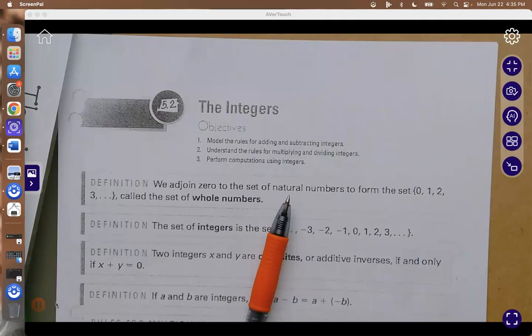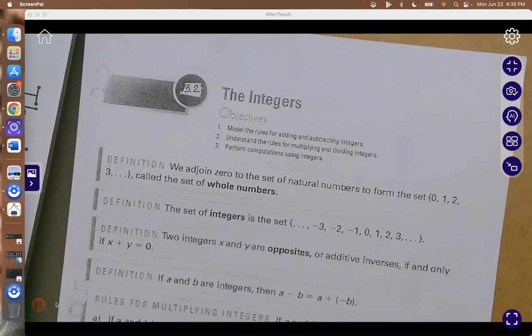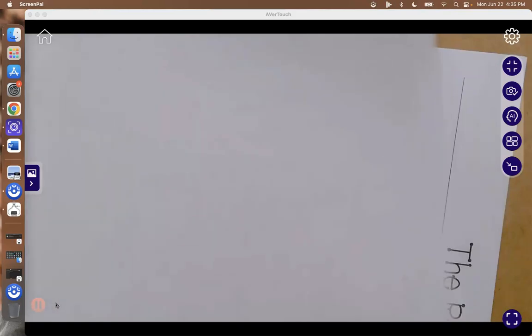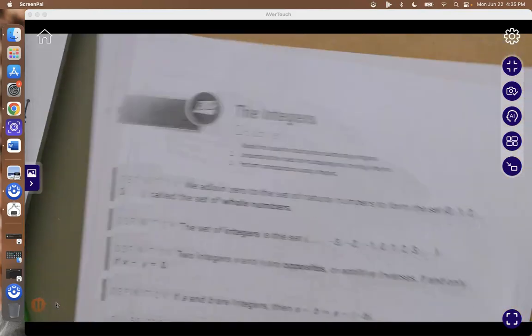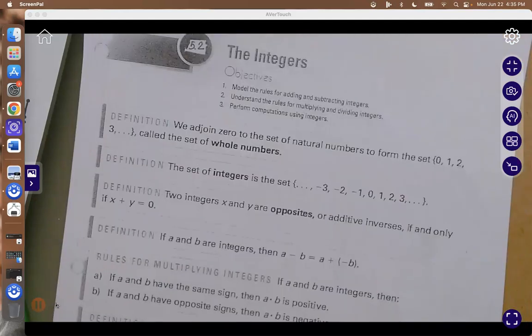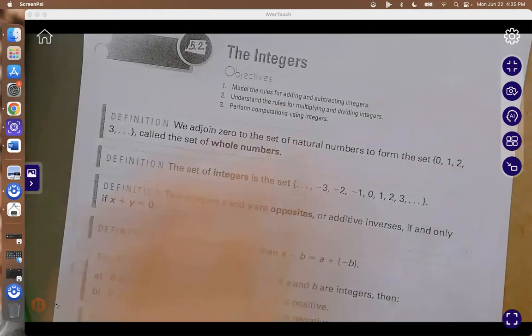Alright guys, today we're going to be looking at section 5.2, the integers, and this is a very short section of notes. So we have this sheet that we're going to look at, and we're going to write a few things on the back, and then we're going to do a little interactive activity with the other things that I sent you. And I just about threw my pen in my own face. Sorry about that. Okay, so